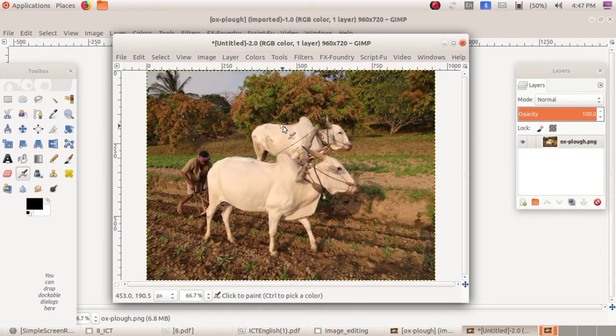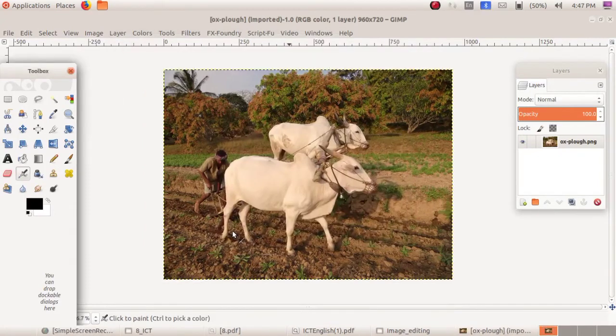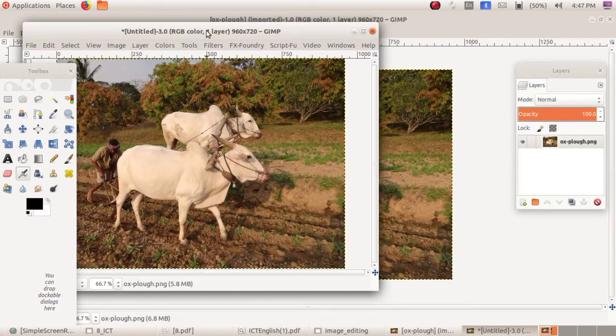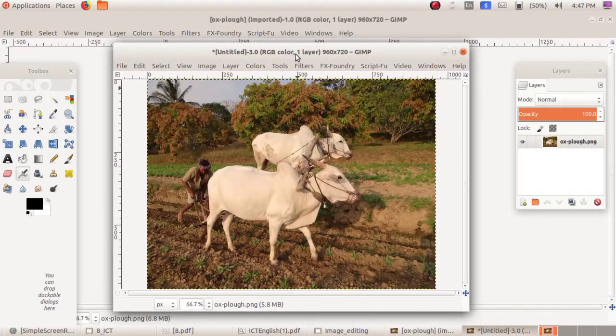For making the duplicate there are two options. First one is go to image and select duplicate. Then to show the second, I am closing this. Discard changes. You can press Ctrl plus D on your keyboard. See, then also you can see the duplicate of that image. So remember these two methods.